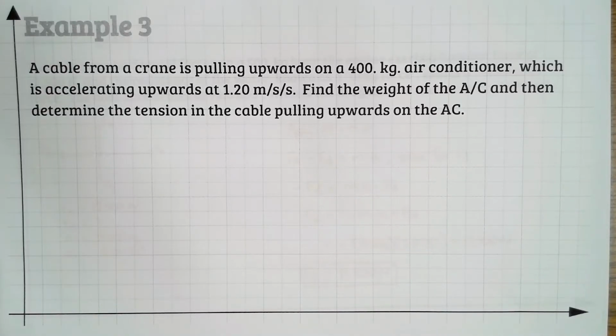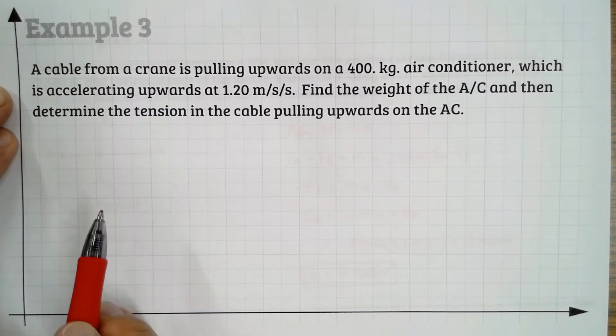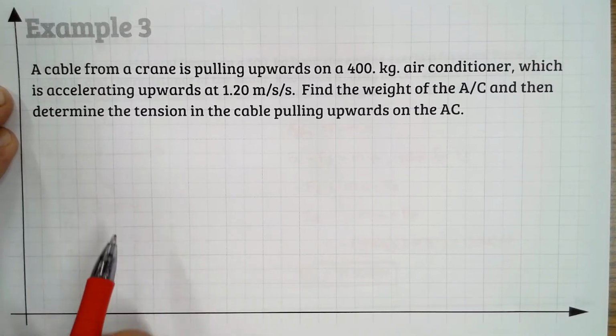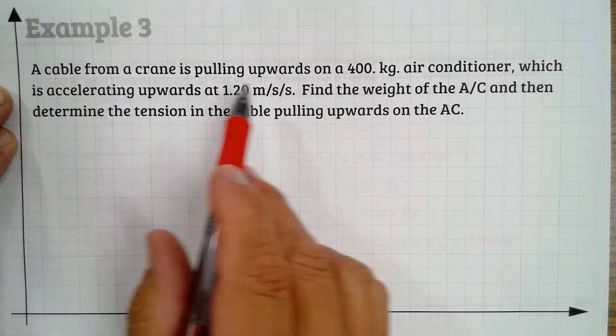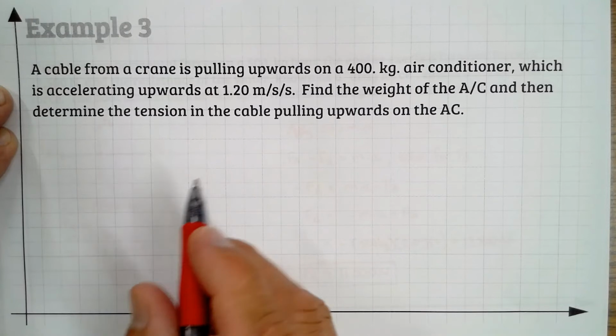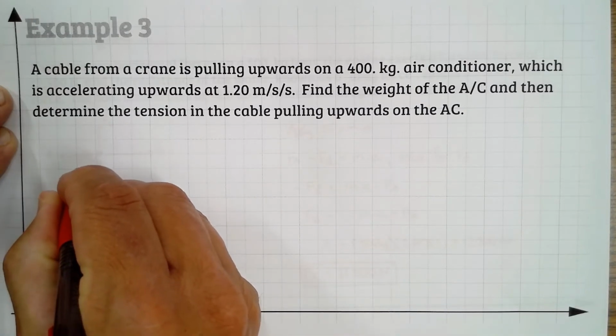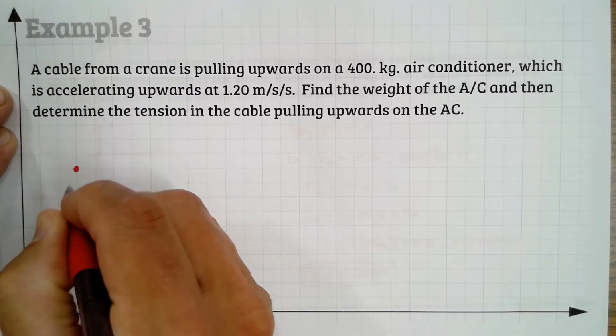All right, the last example of the problem we're going to solve right now is a problem that involves more than one vertical force. So again, because there's more than one force, we're going to have to apply Newton's laws to build ourselves an equation. So we're going to start with an air conditioning unit which is being hoisted upwards by a cable. Okay, so maybe they're out there working on the field house. Who knows? Here is my air conditioner that I'm interested in, and there's a cable pulling upwards on it,